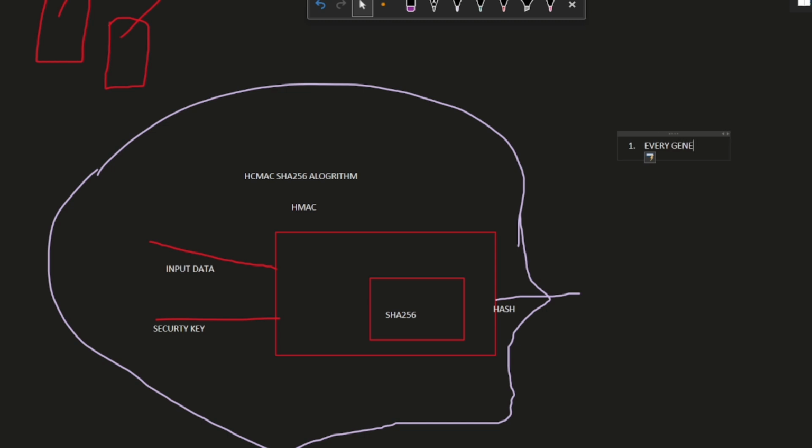every generated hash is a unique hash. No data is having the same hash code. And second one is, the same data must have the same hash. Even if we change one alphabet inside